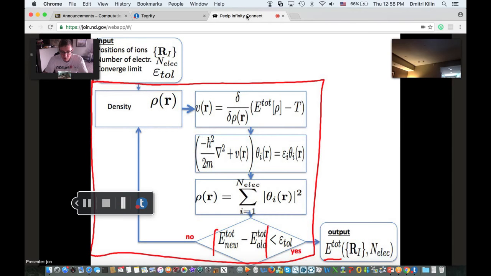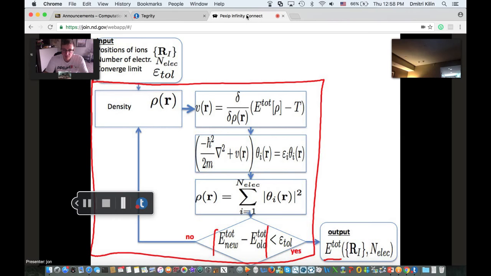And then the third thing we need is this convergence limit. So how long are we going to run this algorithm? Are we just going to let it spin into eternity, or is there something that we say, okay, this is reasonable, it's good enough for now? So using those three criteria,